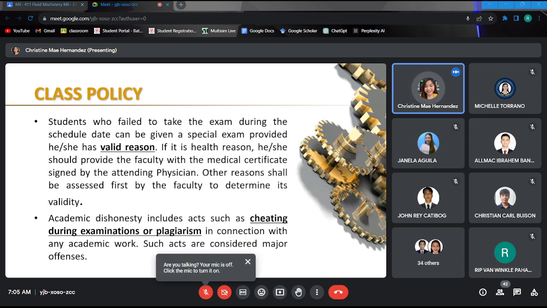Second one is academic dishonesty. This includes acts such as cheating during examination or plagiarism in connection with any academic work. Such acts are considered major offenses. So, I say, just don't get caught, especially during exams. You know that Fluid Machinery is a major subject. Maybe you have heard that when I or another professor catches someone in an exam, automatically, your paper gets torn, and automatically, after I get home,